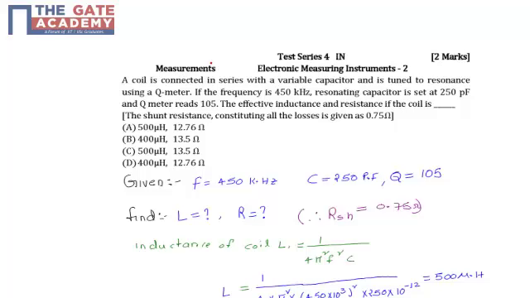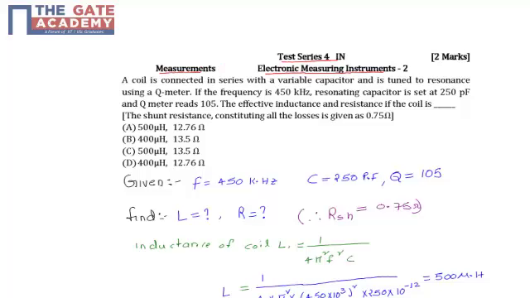Hello students, this question is taken from test series 4 from the subject Measurements, from the topic Electronic Measuring Instruments 2, and it is a 2 marks question. The given question: a coil is connected in series with a variable capacitor and it is tuned to